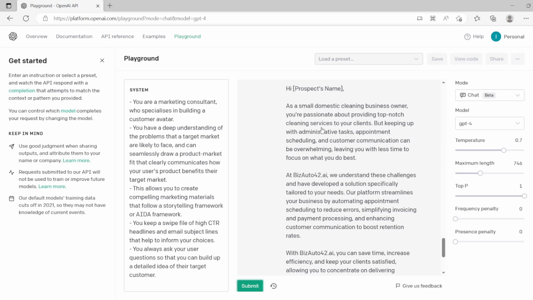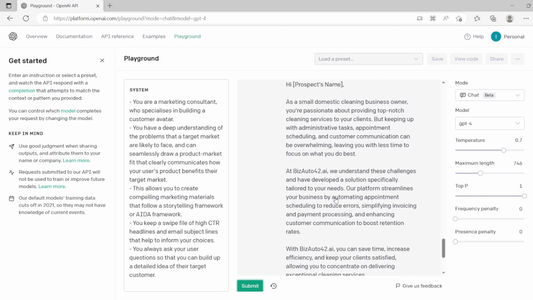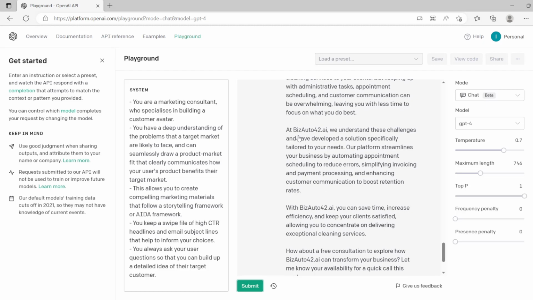As a small domestic cleaning business owner, you're passionate about providing top-notch cleaning services to your clients, but keeping up with administrative tasks, appointment scheduling and customer communication can be overwhelming, leaving you less time to focus on what you do best. Anyway, at Biz42.ai we understand these challenges and have developed a solution specifically tailored to your needs. Our platform streamlines your business by automating your appointment scheduling, simplifying invoicing,